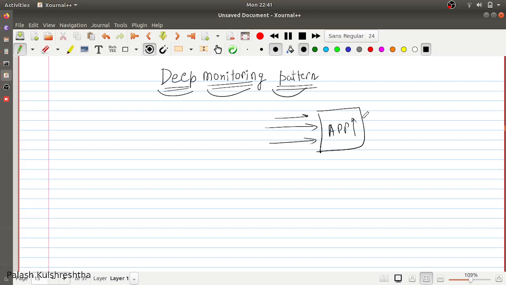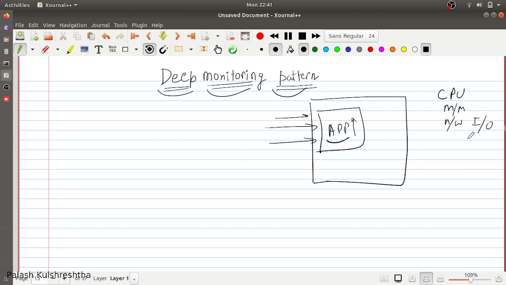But to ensure that your application runs perfectly fine 24 by 7, 365, we have to collect some metrics for this application. And these metrics are going to comprise multiple things. There are different levels of granularity of metrics that you will need. Metrics are basically data points that you collect after a small period of time. For example, there can be CPU, memory, network in and out, and you can also collect disk usage.